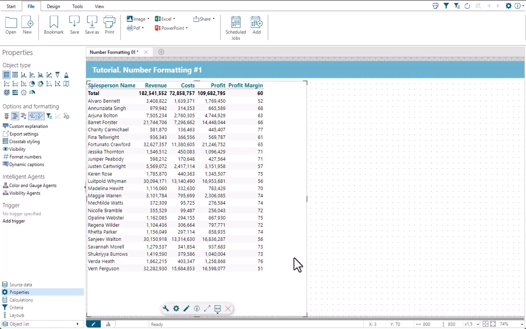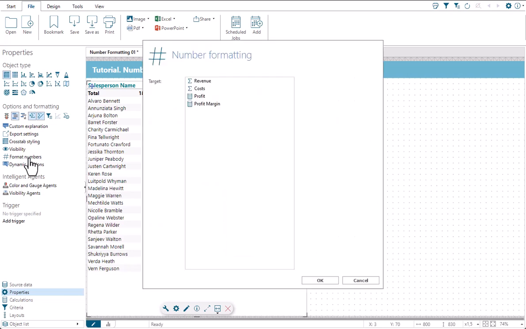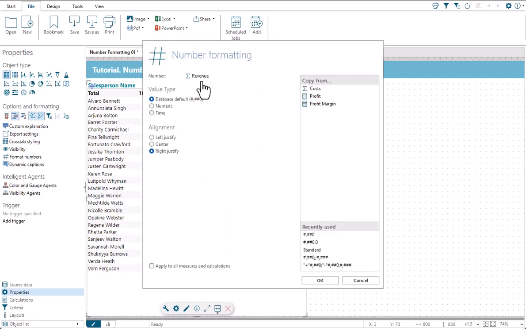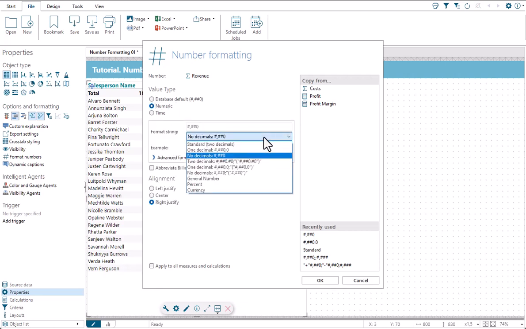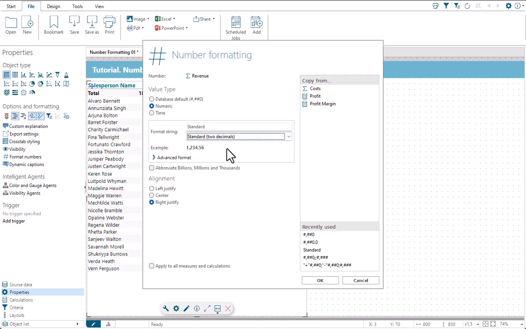Let's have a look at number formatting for this cross tab. So in my properties smart pad, I find format numbers. And let's just pick the first measure, revenue measure. Currently it's running by the database default, so whatever it's been set to in the database, that's what we're seeing right now. I could change it to a different numeric format, and from the list I could pick standard 2